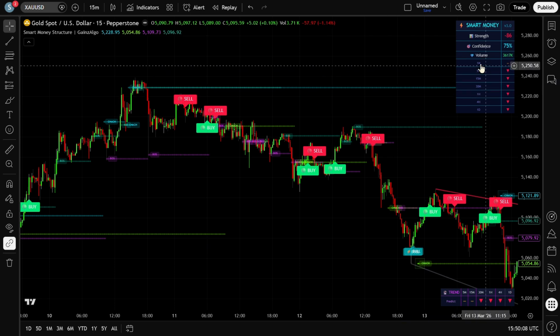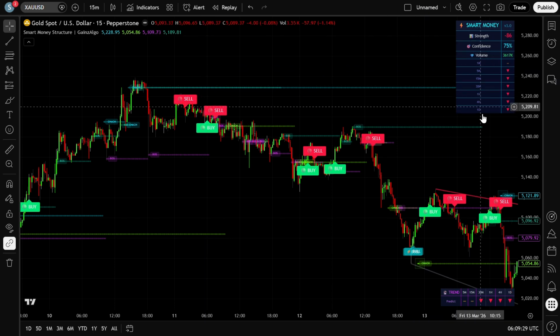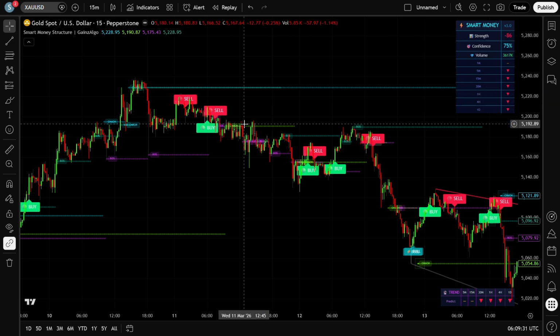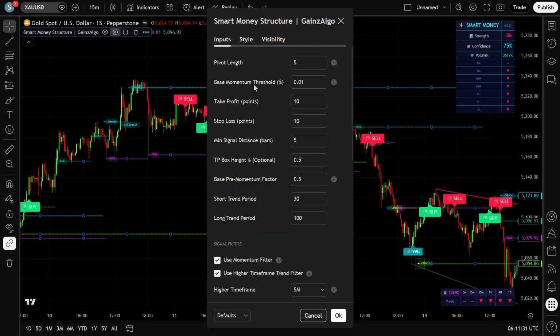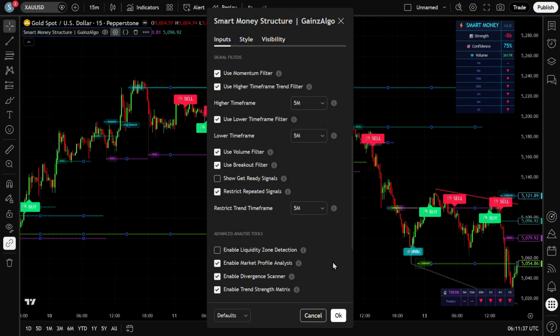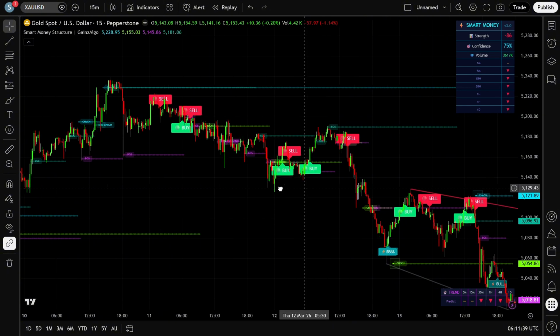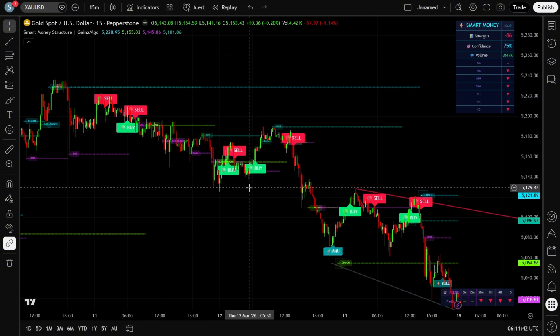And this is where most people stop. They see the signals, they see the dashboard, and they just start trading. Big mistake. Because those default settings, they're working against you, but we'll get to that in a moment. First, let me show you what you're actually looking at on this chart, because there's a lot more happening here